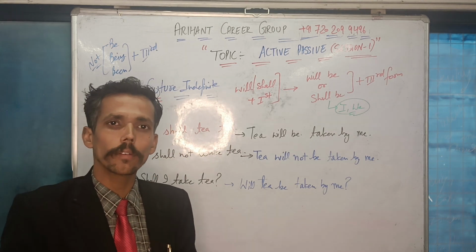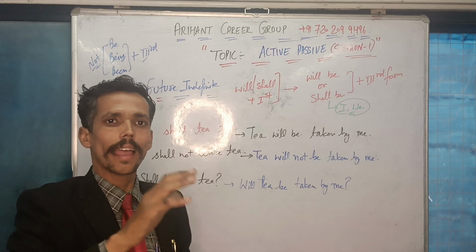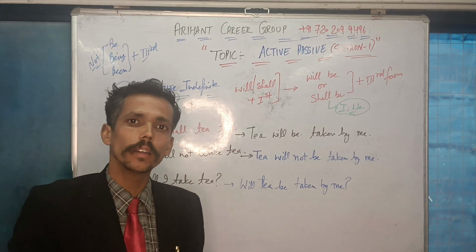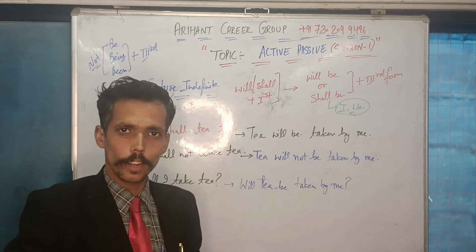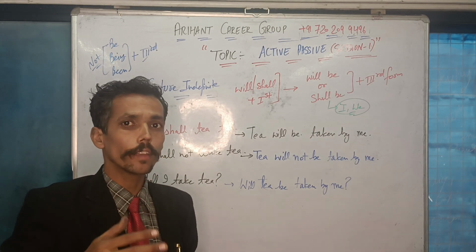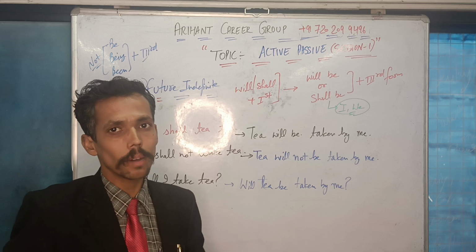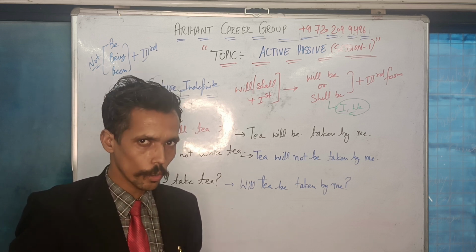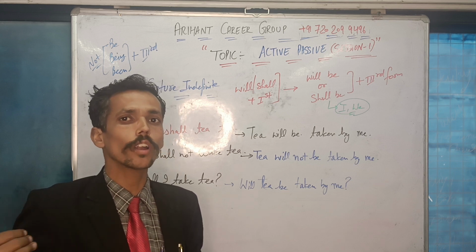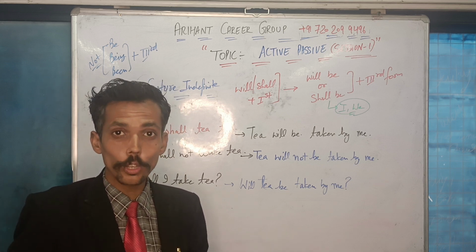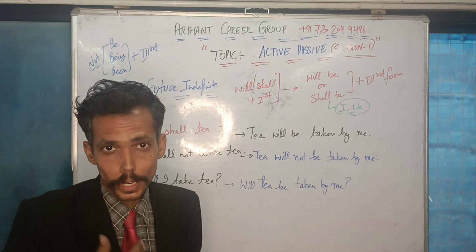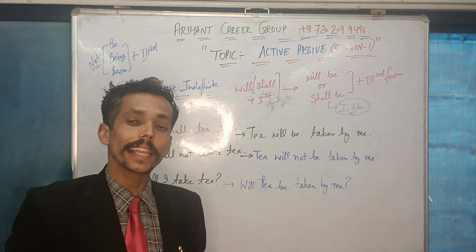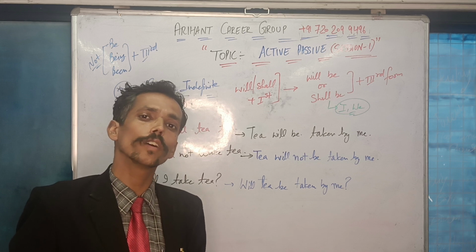But yes, I shall be coming with more videos. This is active passive, or we can say voice session 1. In session 1 I have covered three tenses: present indefinite, where you were given first form, and we have converted first form into is, am, are plus third form. In case of negative, you were given do not, does not plus first form. In answer, I used is not, am not, or are not plus third form. In case of interrogative, do, does comes at the beginning of the sentence, so I used my helping verbs at the beginning. And the second tense, we discussed past indefinite, where you were given second form.